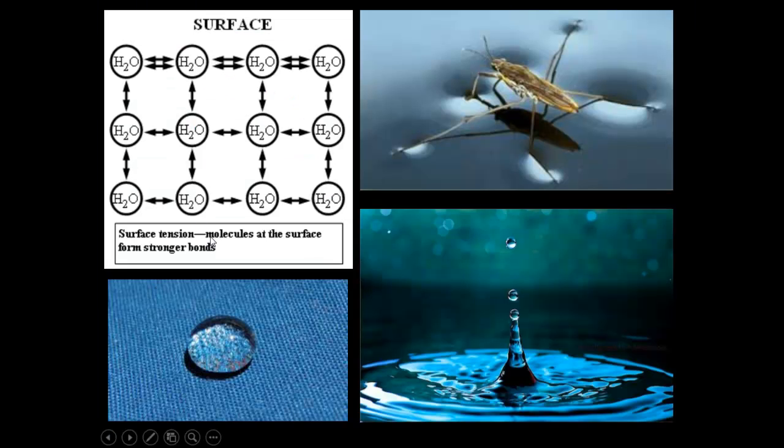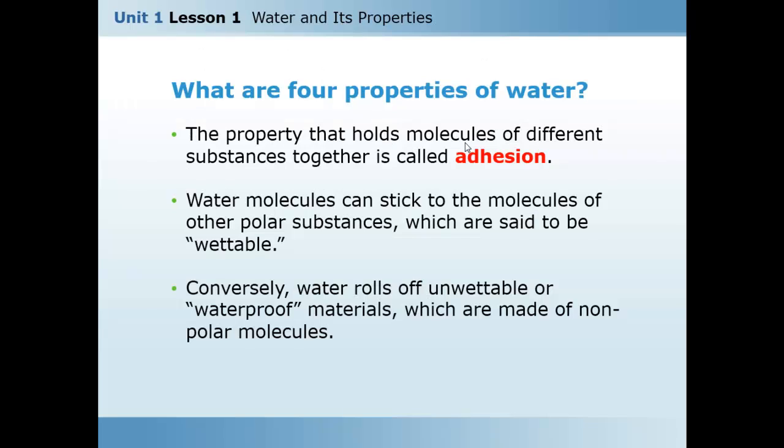Did you see? Surface tension, molecules at the surface form a strong bond. So at the surface the water makes a strong bond. So we call this property surface tension. Did you see how these insects can stick their legs on the water surface because of the cohesion of water and surface tension of water? We have another property, we call it adhesion, the property that holds molecules of different substances